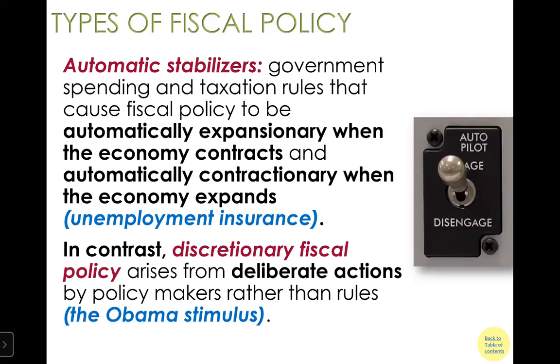However, I want to emphasize, earlier I showed you a video called 99er, about unemployment insurance. But that video is about the government extending the unemployment insurance scheme. So the unemployment insurance itself is an automatic stabilizer, but the extension of unemployment insurance benefits is discretionary. So there are two parts.